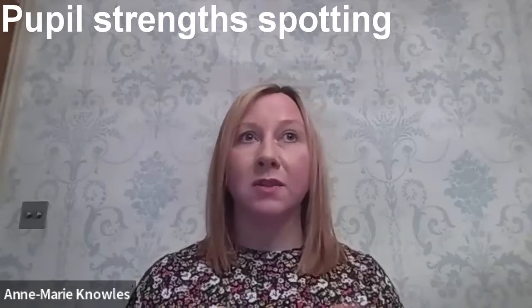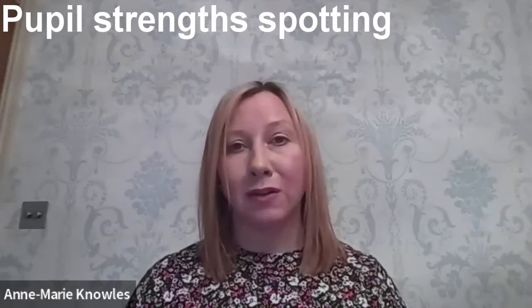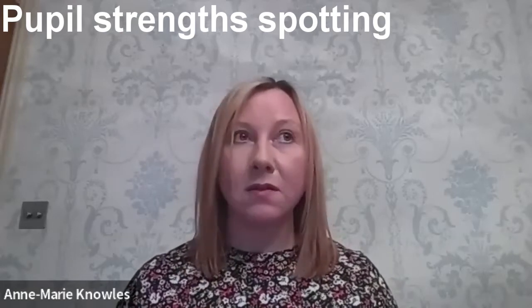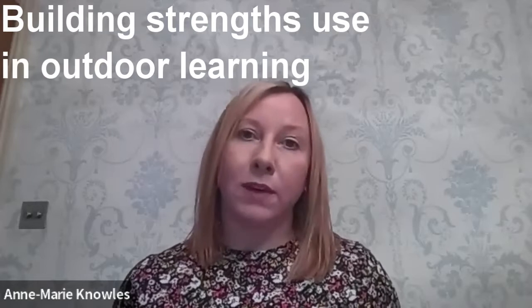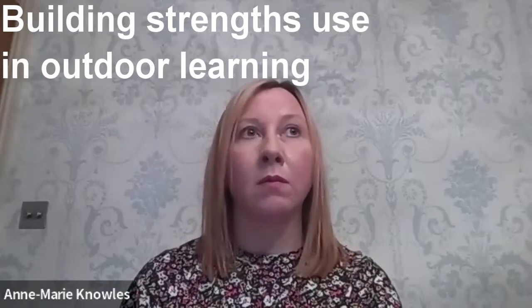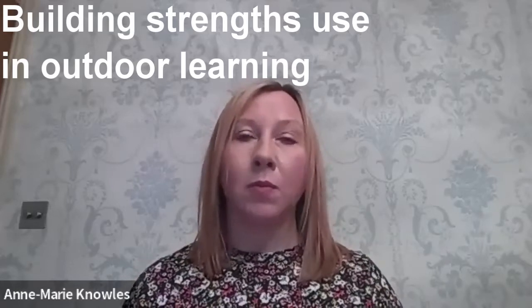And the children try to look for them in one another as well and recognise those strengths in each other. So that's where it happens each day in lessons. Then we have our outdoor curriculum. So some of our classes are currently carrying out a unit of work outside, and we bring the character strengths